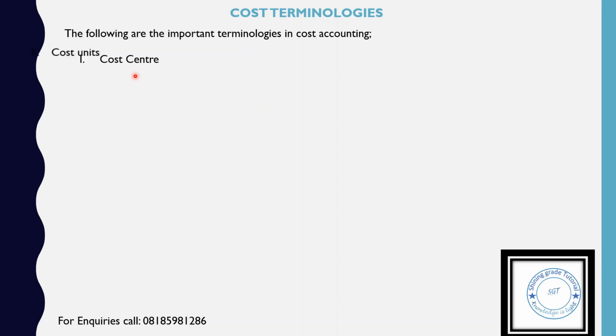Alright, so another aspect we have is the cost unit. We can have a particular unit of cost within the period. So there are different units of cost. A cost unit is any activity or any unit which we can use in measuring cost. So cost can be measured in different units. For instance, if you have a cost center, in what unit of measurement is that cost measured?